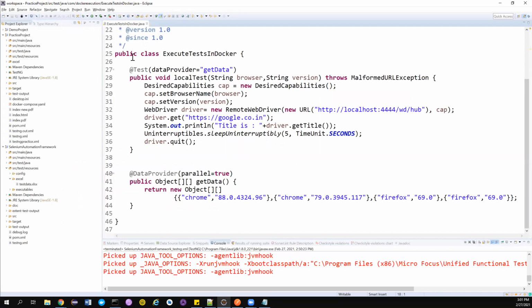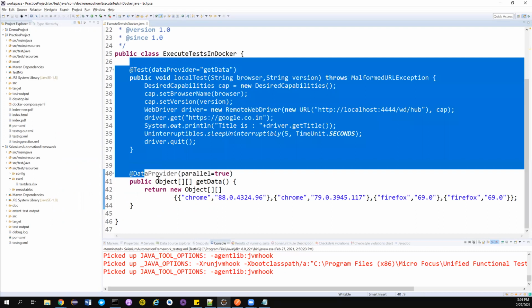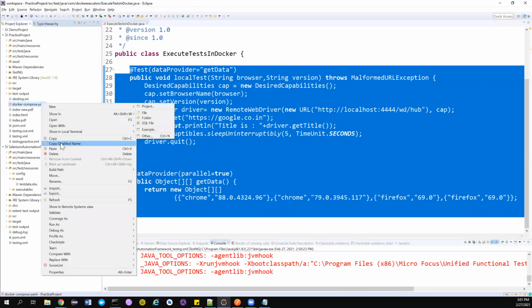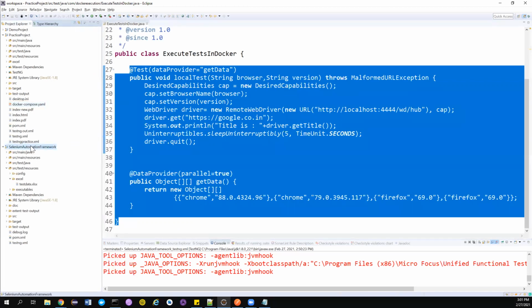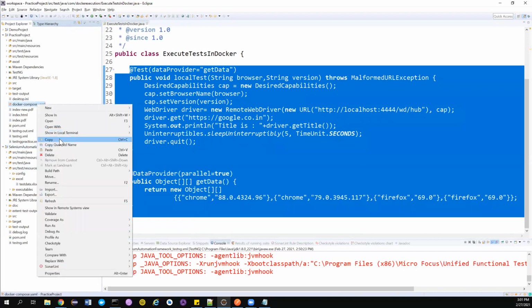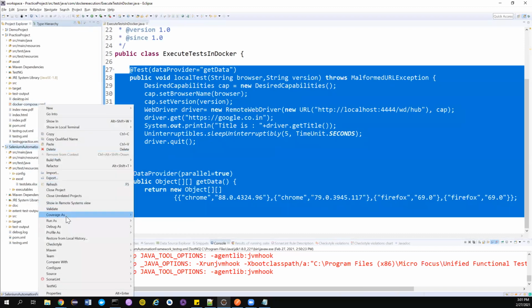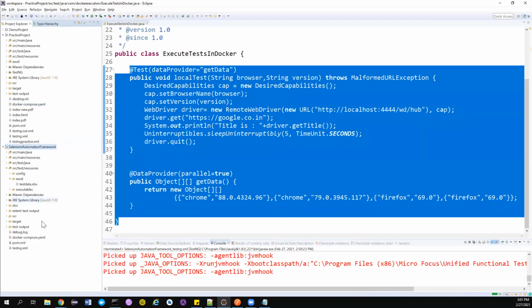If you notice, we are using a simple dummy test for our practice purpose. We understood a lot about the Selenium standalone, how the Selenium standalone infrastructure exists, how we can use a Docker Compose file, and what the advantage of using a Docker Compose file is. But it is time now to move our Docker Compose file from our practice project to the Selenium automation framework project. Again, guys, you can paste this particular Docker Compose file, which I am copying from here, anywhere in the project, but it is always a good convention to keep your Docker Compose file in the root folder. So I'm just pasting it in the root folder.